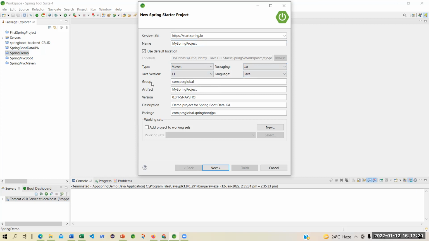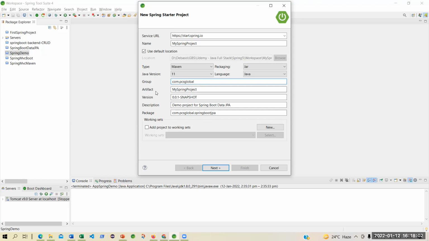And what I'm doing is, this is the group ID. Group ID means it is sort of a package. But in Spring, the package, like in Java, you have learned about package, haven't you? The package is the structuring, the way you store your class files, the source files, right? So that package, it is the same thing. In Spring, it is called the group ID. So the group ID is com.pcs global. I have given a particular package name. So whatever my source files of the Spring will start from the default, this is the package. The package starts from com.pcs global.